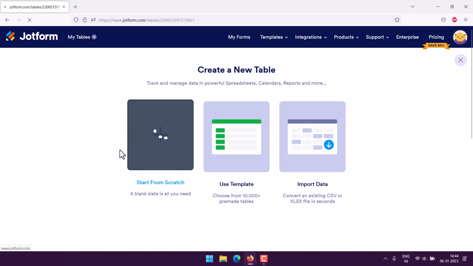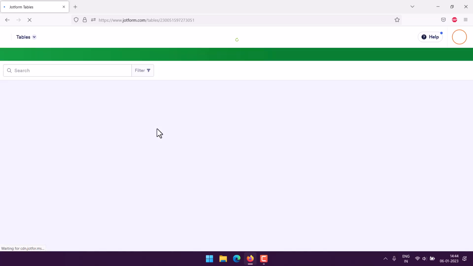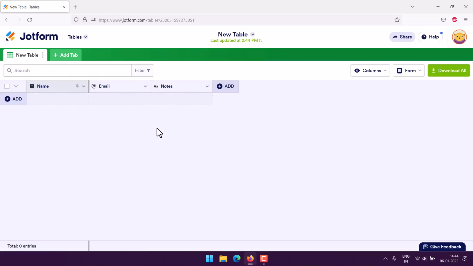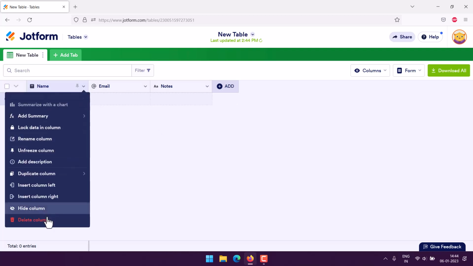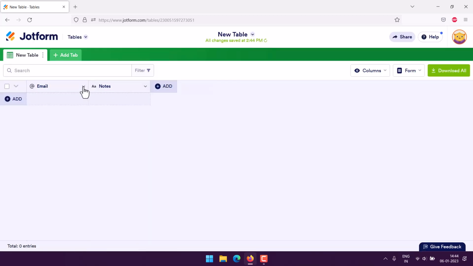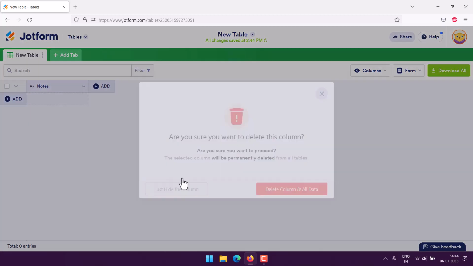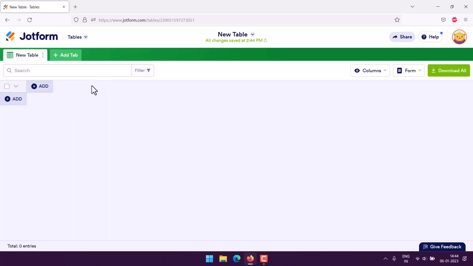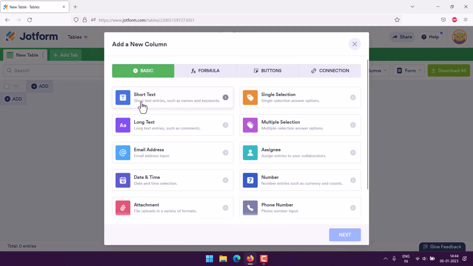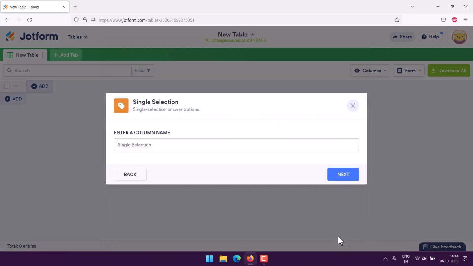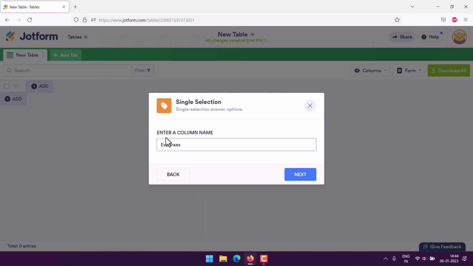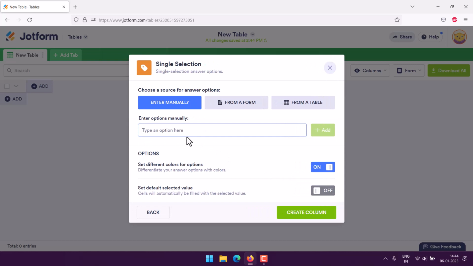So start from scratch. It will give you some default fields when you create such a table, so you will be getting rid of those as well, right? So these are some of the fields that I'm going to get rid of. Let's delete these columns, and then we will add, let's see, expenses, where we are going to select one choice, right? So the expenses column should contain choices for salary,